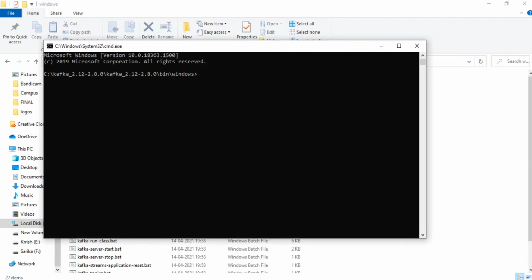So now I want to access some bat files to start Zookeeper. So how to start Zookeeper? You just type zookeeper-server-start.bat, and then we need to pass the config file that we have recently updated with our data directory. So that config location is just two folders backwards and then config and then zookeeper.properties. So once you enter,